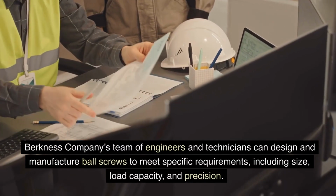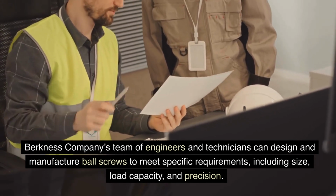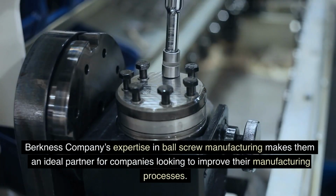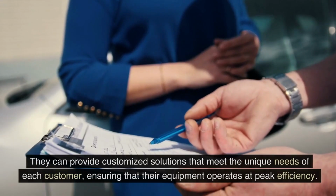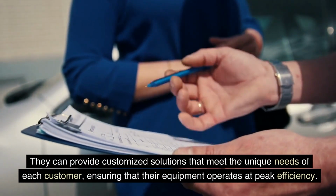Berkness Company's team of engineers and technicians can design and manufacture ball screws to meet specific requirements, including size, load capacity, and precision. Berkness Company's expertise in ball screw manufacturing makes them an ideal partner for companies looking to improve their manufacturing processes. They can provide customized solutions that meet the unique needs of each customer, ensuring that their equipment